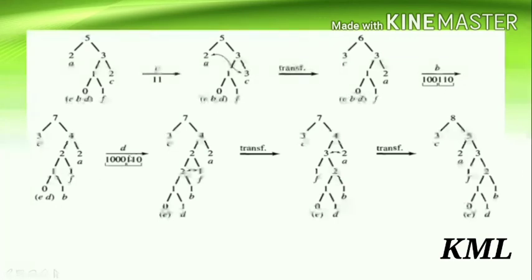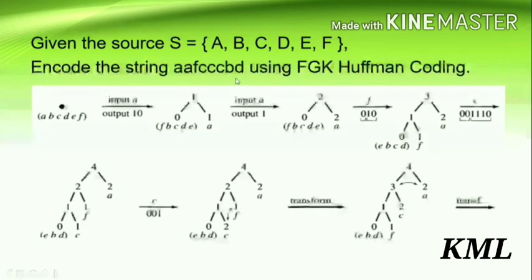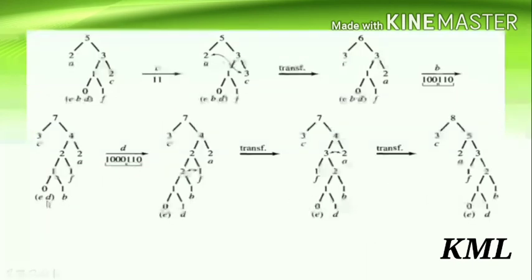So now let's process the next letter, that is D. Check if D is in the 0 node. Yes, it is in the 0 node. So first condition. How do you write the code word? Huffman code word for 0 node plus number of ones representing the position and a default 0. So what is the code word for 0 node? We have a 1, 0, 0, 0. So this is the code word for 0 node.